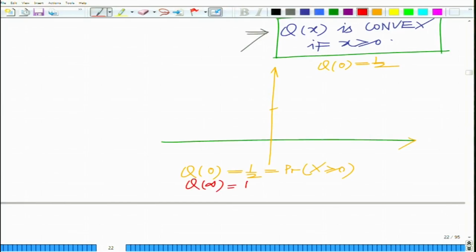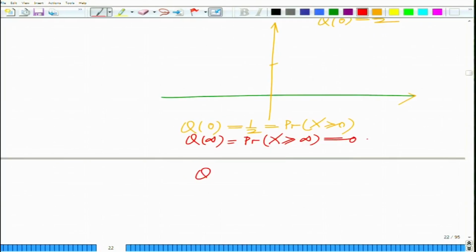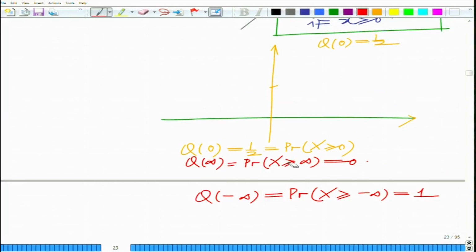Q of infinity equals the probability x greater than or equal to infinity, which equals 0. So, at infinity it is 0. Q of minus infinity equals the probability x greater than or equal to minus infinity. Since x has to be greater than or equal to minus infinity, I am sorry, in fact we can just replace this by greater than or equal to, it does not matter. So, this is x greater than minus infinity, which is 1, therefore, it starts at 1